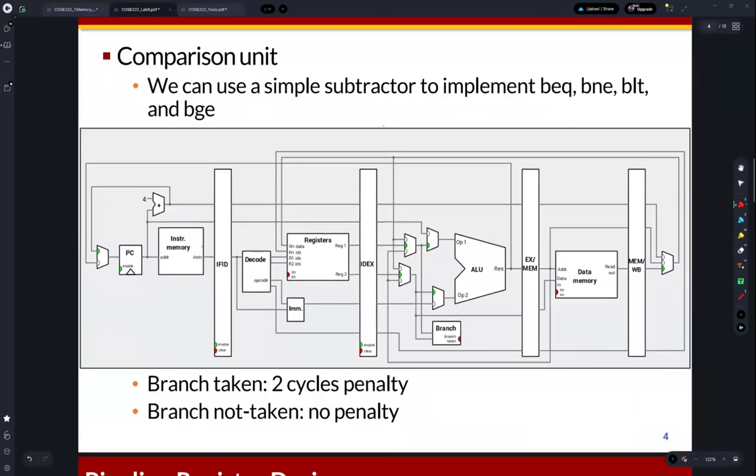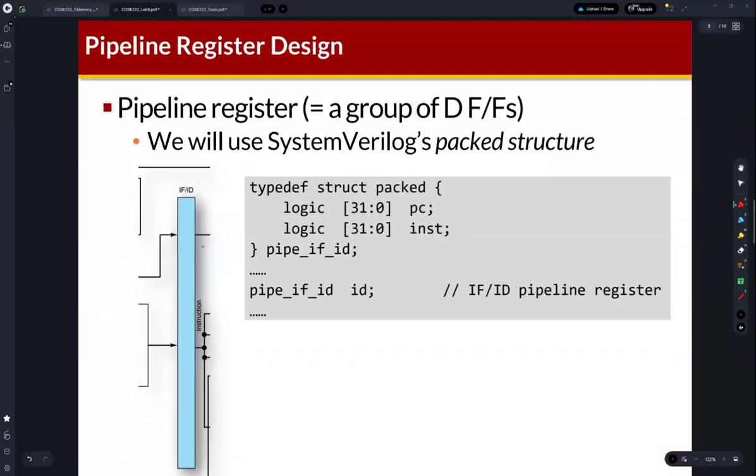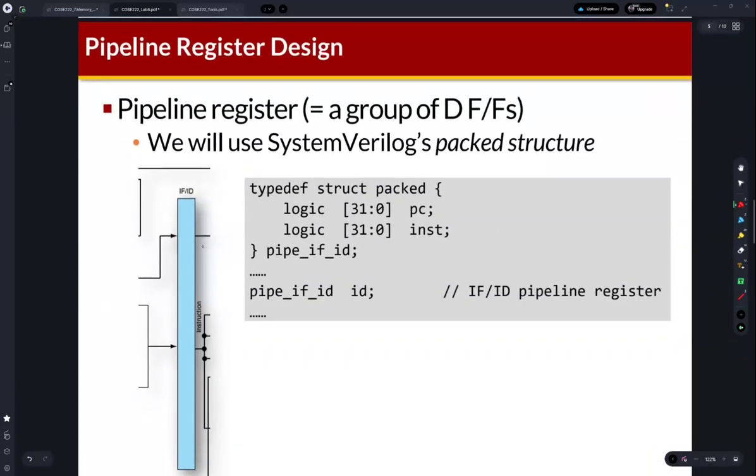So I will explain this later. Then let's see how to design the pipeline register. If you read the lab 6 skeleton code, like lab 5, I provide the skeleton code of the pipeline CPU, and then in the code you can find some new